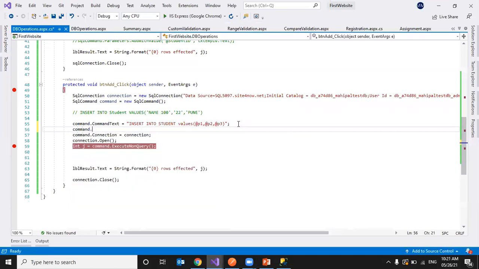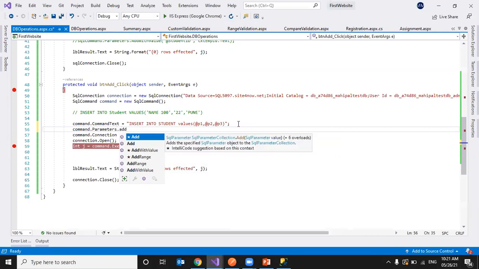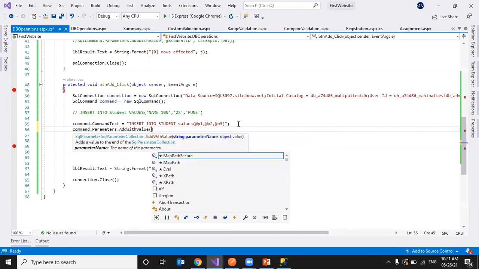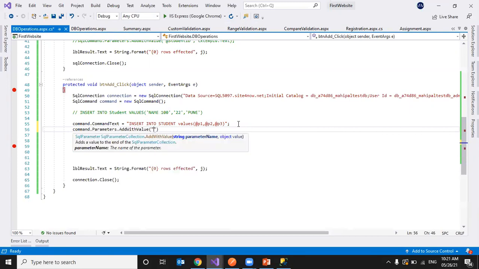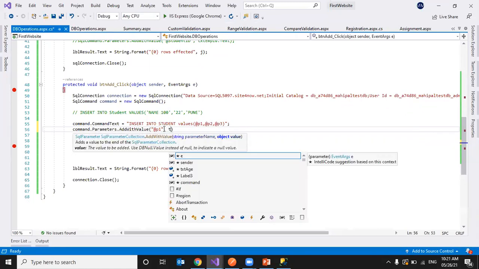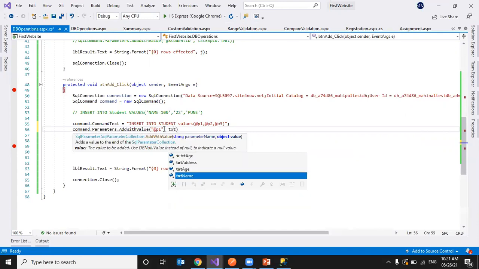Command dot parameters dot add with value. What is my parameter name? The first one is at P1. What is its value? The first value is txt name dot text.